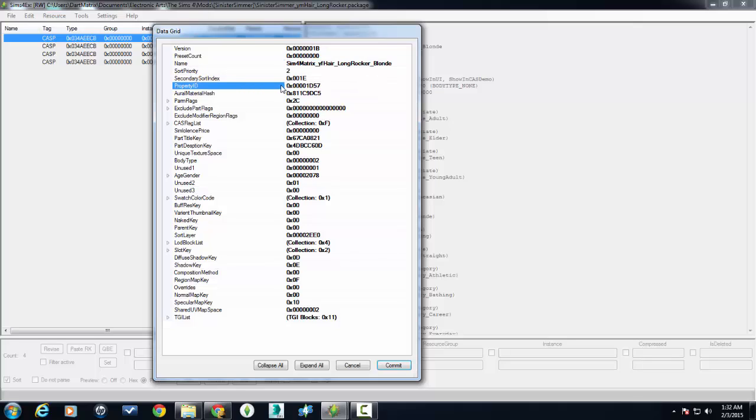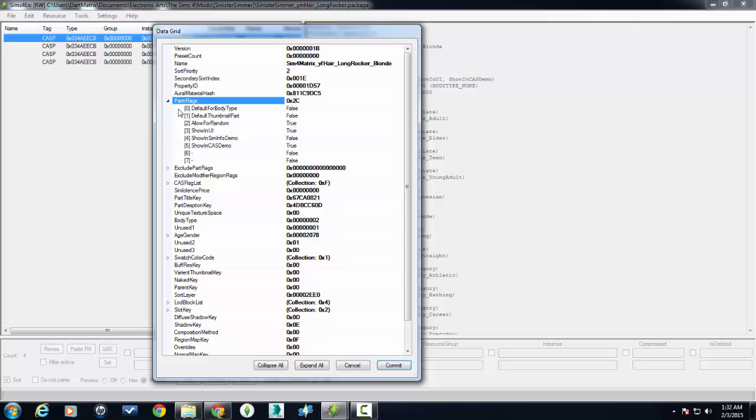Property ID, we already discussed that in the last tip tutorial. That's to put the different colors or hairs or different cast files into one group or under one thumbnail. Prim flags, this is what we'll be using, like we were discussing about the default of the clothing. And then the other one we'll be talking about a little bit is